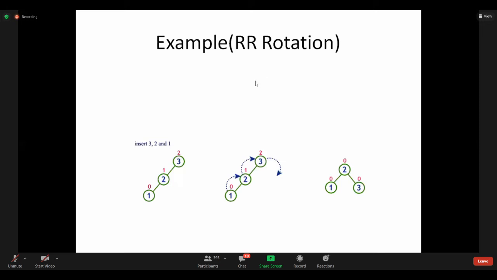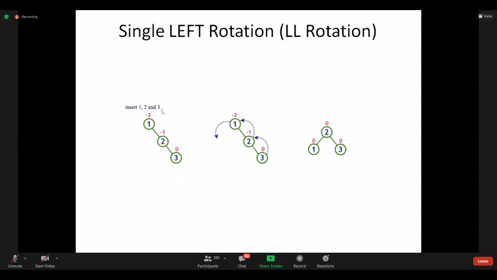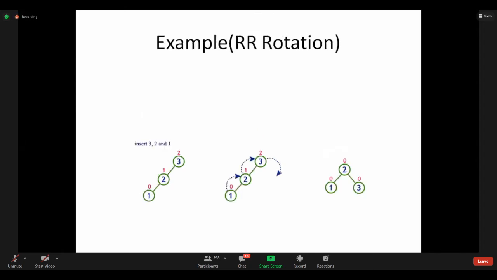Right. Once again I'm showing the previous slide. In the previous slide, they are all lying on the right side. There is no left-right here. Only on the right. So when they are lying only on the right, we go for the same rotation, nothing but left rotation. When they are lying only on the left, we go for the opposite, right rotation. So the shortcut for this is making the middle node as a root, and finished.